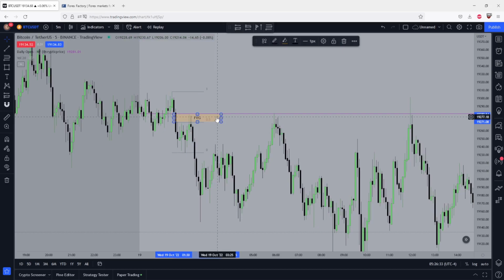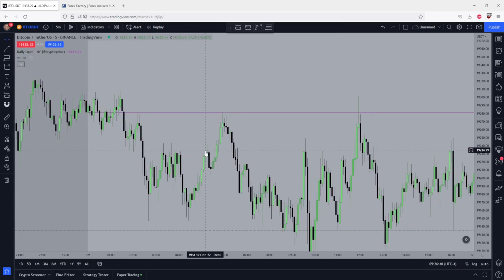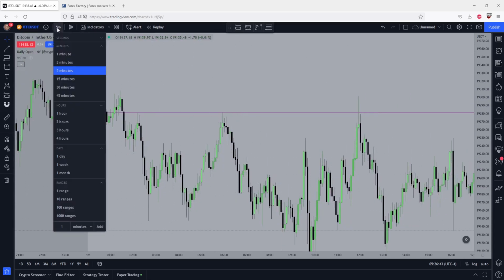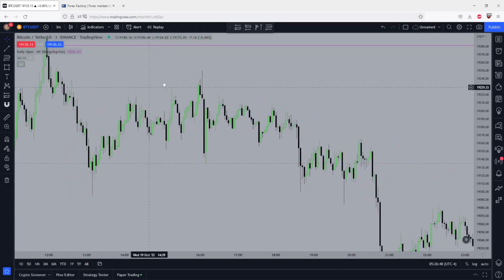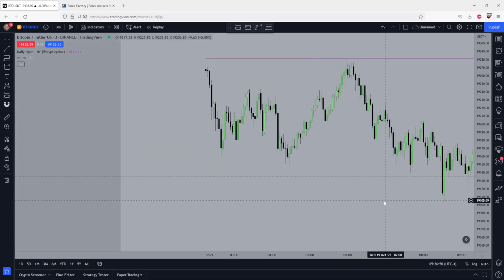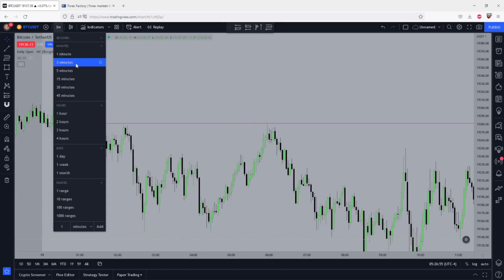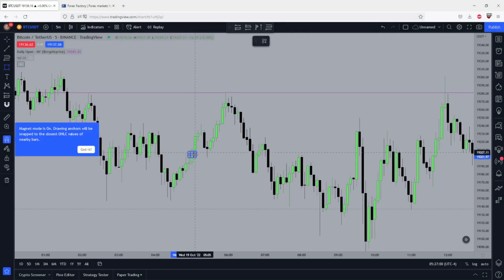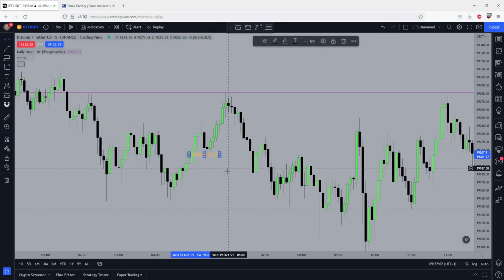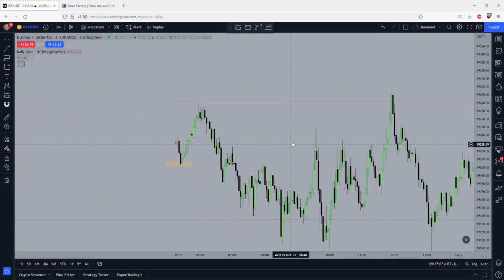So yeah, that was the early morning setup, and then there was not really a setup in here, and the next setup is on this down move right here, and on the 3-minute it's actually a very nice setup. So right here, actually let me show you, there's a fair value gap on the 5-minute right here which price touches, and on the 3-minute we actually have the trade setup